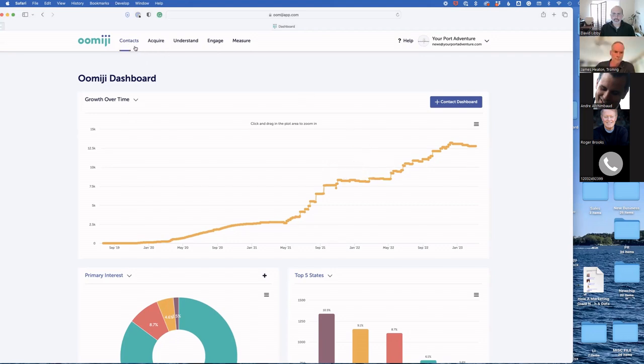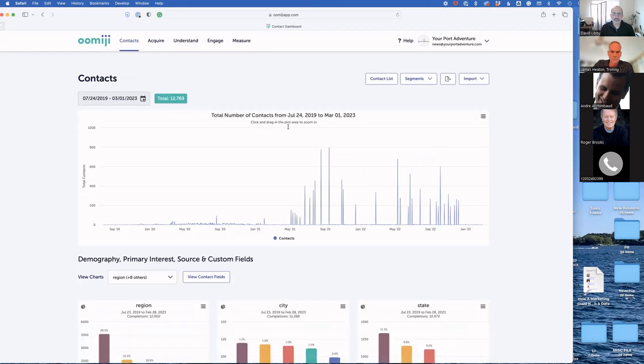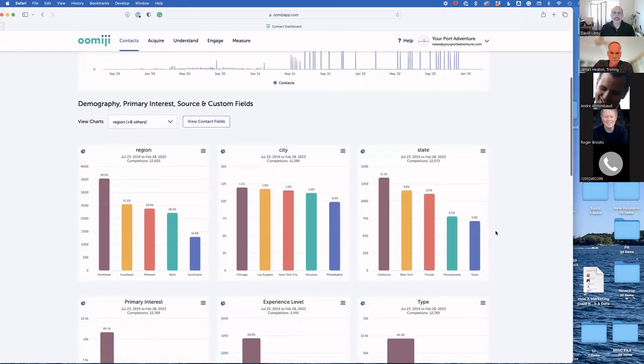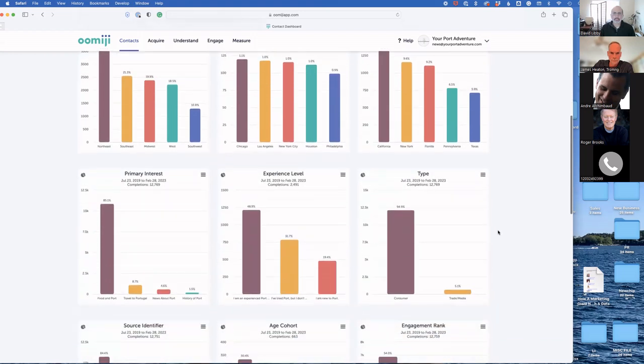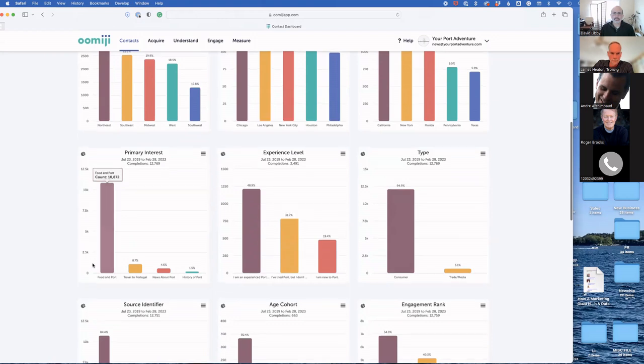I'll go through some of these things pretty quickly. The dashboard just shows you a top line on each of these areas. But if we go to the contacts manager, what we see here is when people signed up for this client, we get a profile of them as to where they are, what they're interested in. You can see that we know that about 85% are interested in food and wine, which is what this company does.